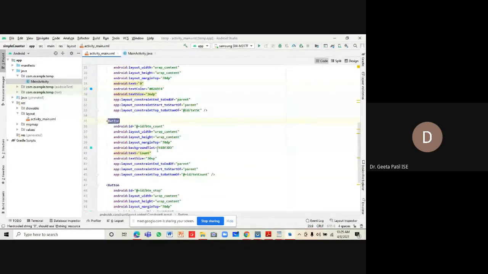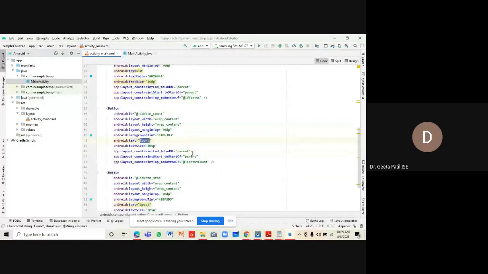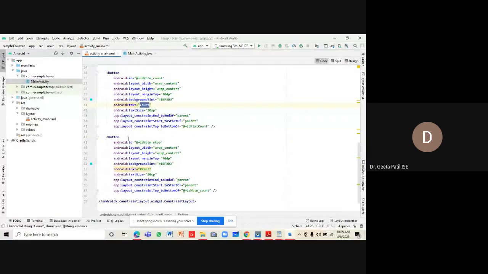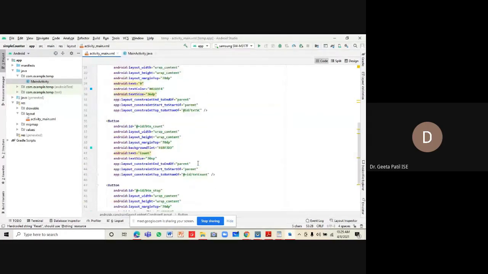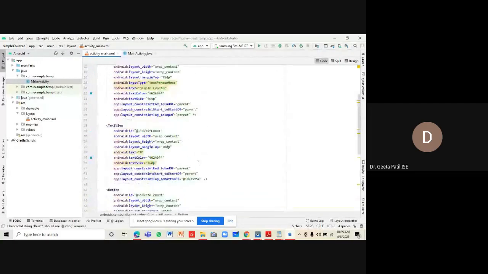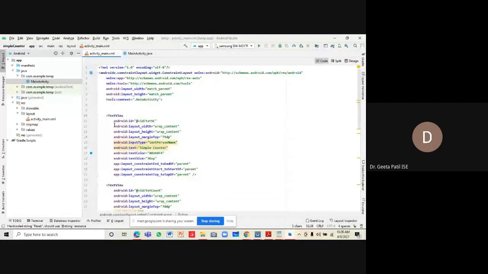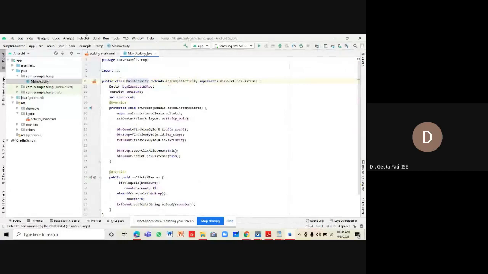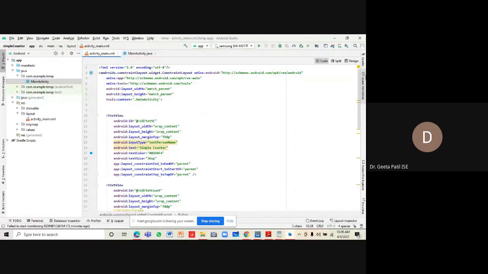Then we have a button count, which is used for counting the number of events which have happened, and with reset we are going to reset the counter. So these are the only four components required in our XML.